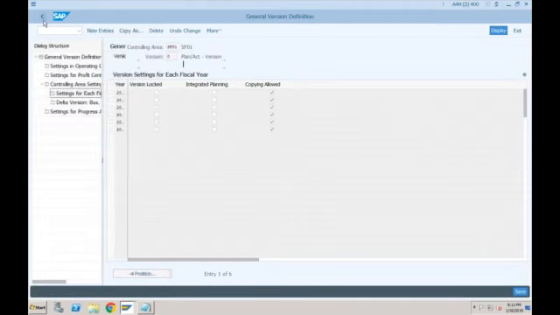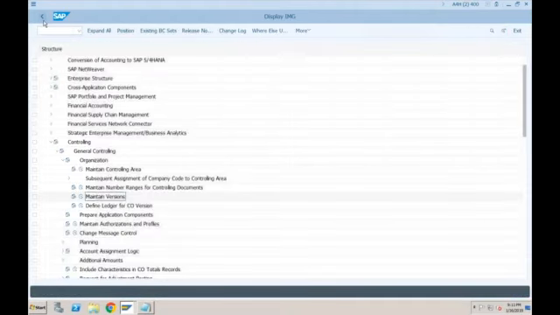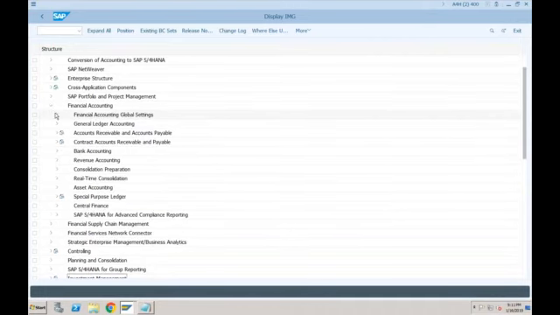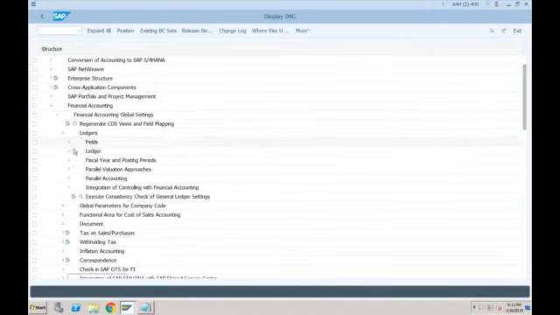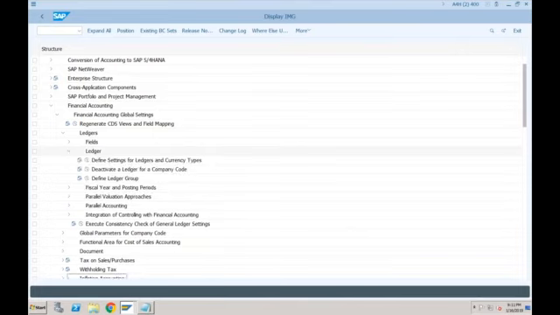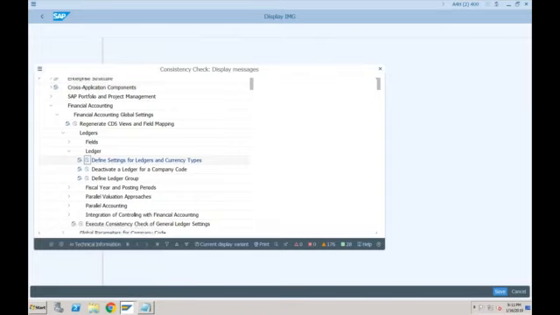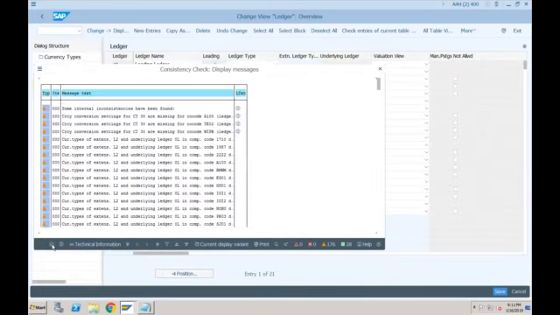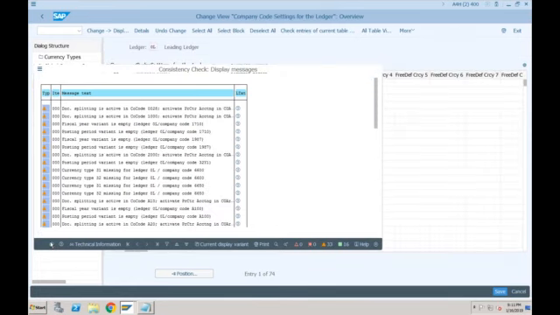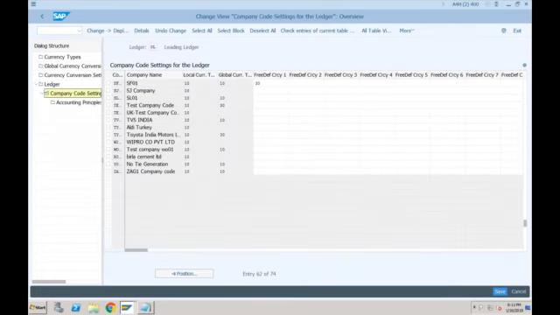If I go to my ledger settings now, financial accounting global settings, ledgers, ledger, and define settings for ledgers and currency type. Earlier, if you remember, for company code SF01, you can see this currency was blank.